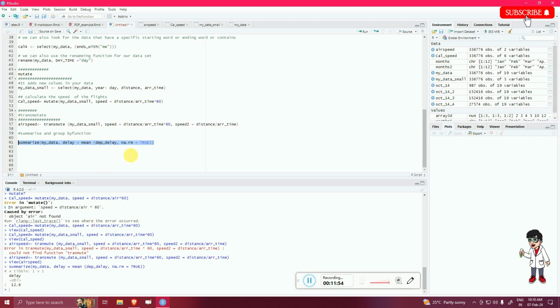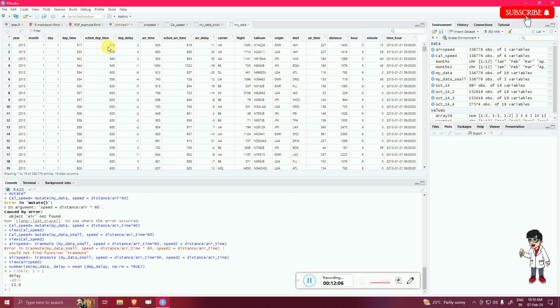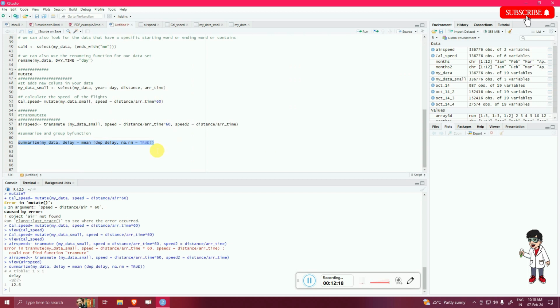Now what this na.rm means: if there is no data in that particular column or row or cell, let's suppose this cell is blank, then we need to specify what to do with such entries. So what we did, na.rm means not applicable, remove. Whatever data is not applicable, we should remove that, and this condition should be true if we are using this as false,